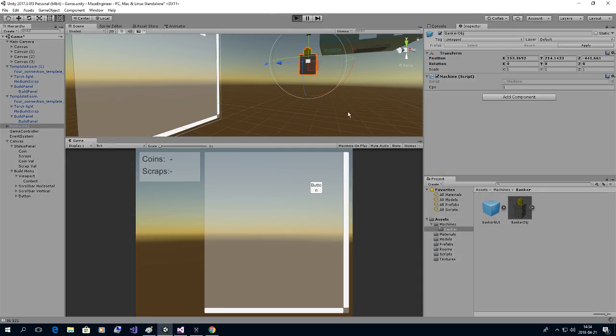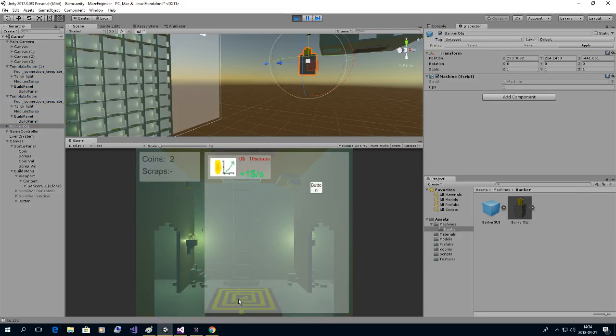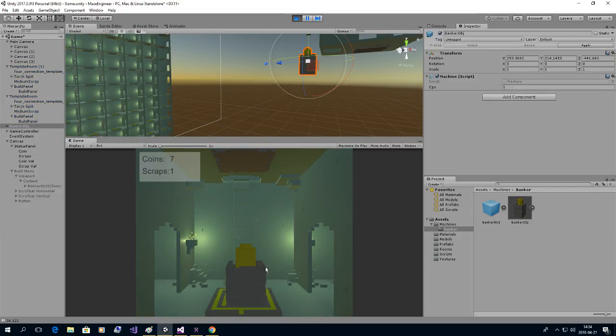Let's try that. Okay, so we got that, and yes, so we build the machine. Now